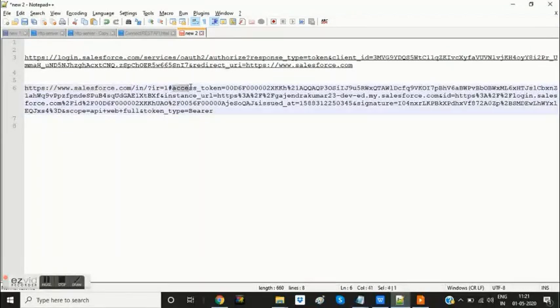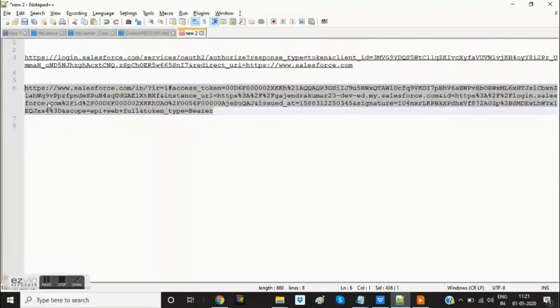Then it says access token till here, and then it says instance URL. Now this instance URL is the instance of my Salesforce in which I have created that connected app. Then it says issued at, this is my signature, and authorization scope is API, web, using data changes using web, and full access, and token type is bearer.